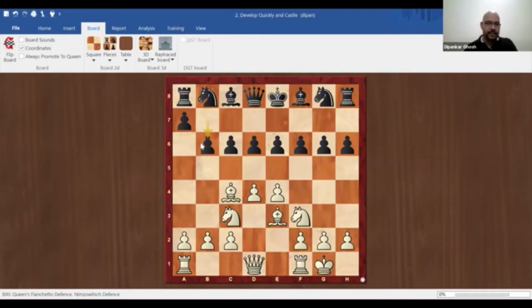Let's say black pushes another pawn. What do we do next? We have castled, we have brought our knights and bishops out. Next, we should be thinking about the rest of our pieces, the queen and the rooks. Okay, so next, just move your queen, and this develops the queen and it connects the rooks. So the rooks are able to see each other. And the rooks usually like to work together in games. So your rooks being able to see each other is important.